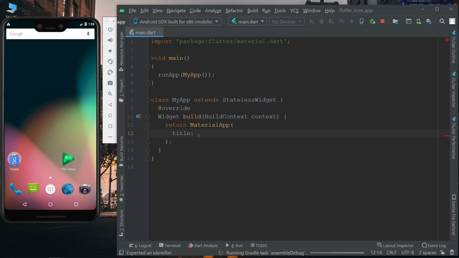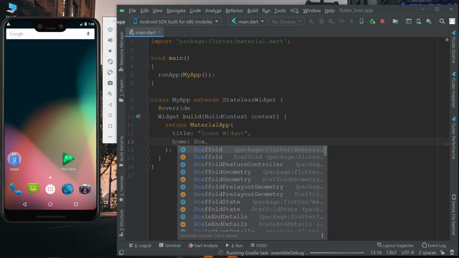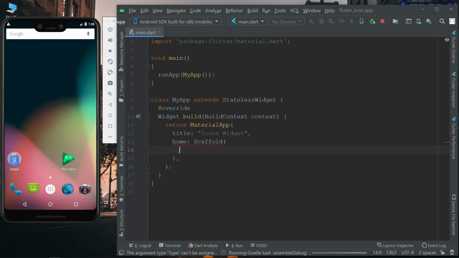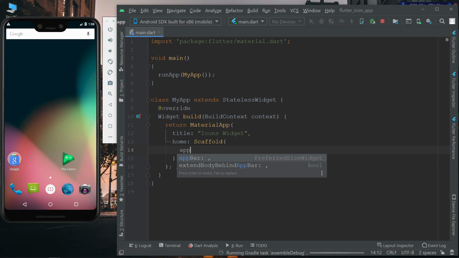The title will be set, and inside home we will create a Scaffold widget which will have an appbar and body.